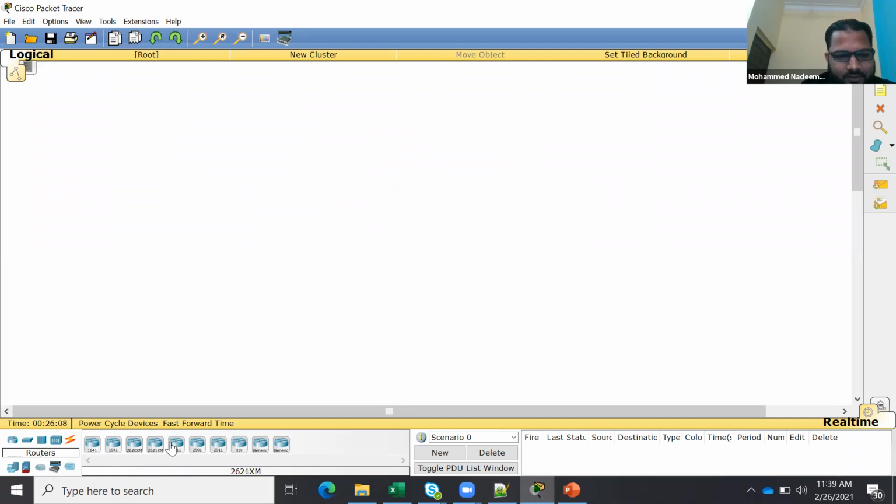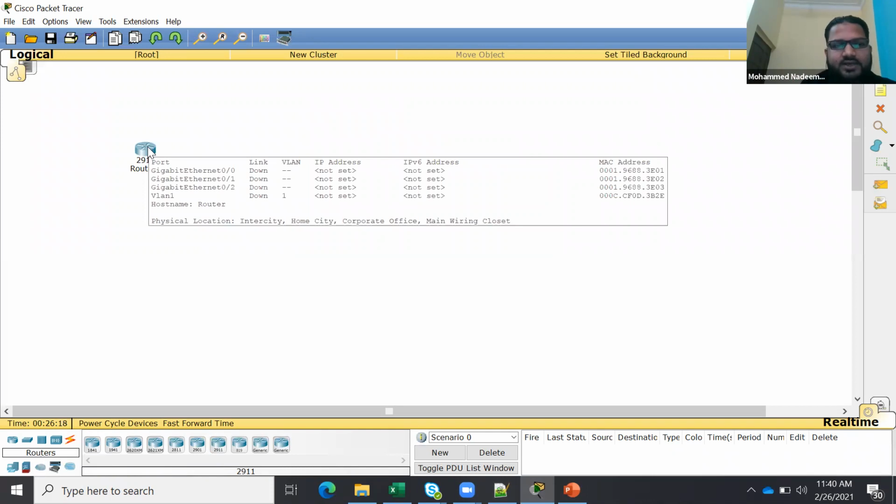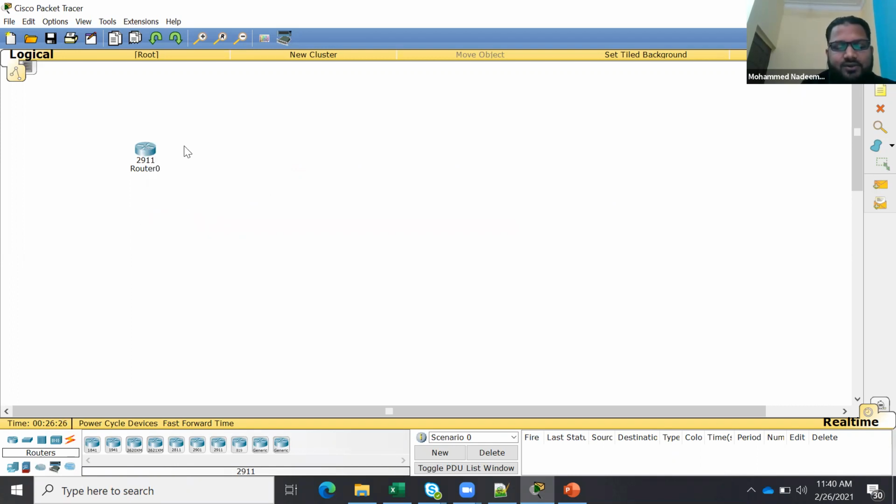So what I need to take before that is a 2911, because I need more interfaces actually. If I go here and see, it should have three interfaces. Can you see here, GigabitEthernet 0/0, 0/1, 0/2? So it has three interfaces. So I'm picking a 2911 router. This is my router 1.